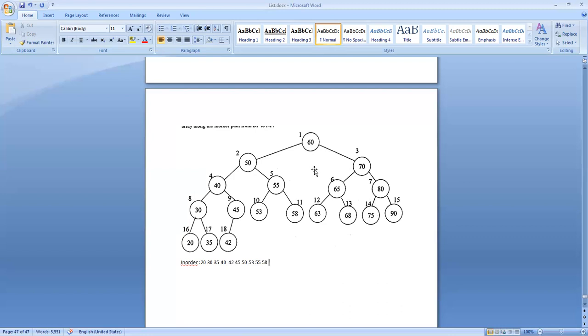Now the parent 60. Then the right child of 60, that is 70, is a parent. Go to the left child, 65 is a parent. Go to the left child, 63. 63. Then the parent 65. Then the right child 68.